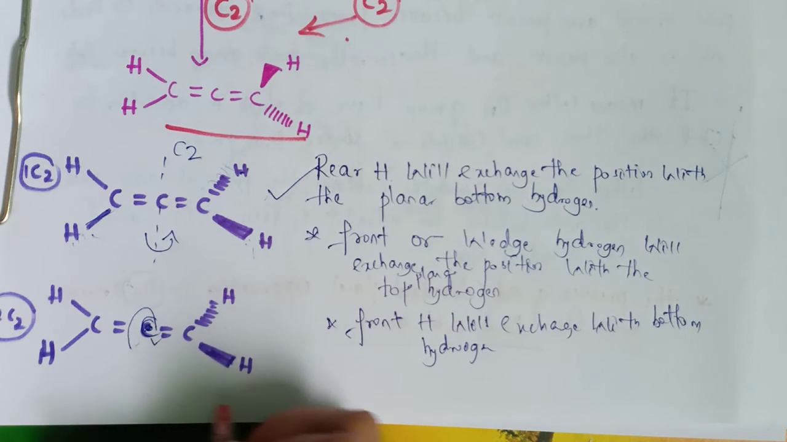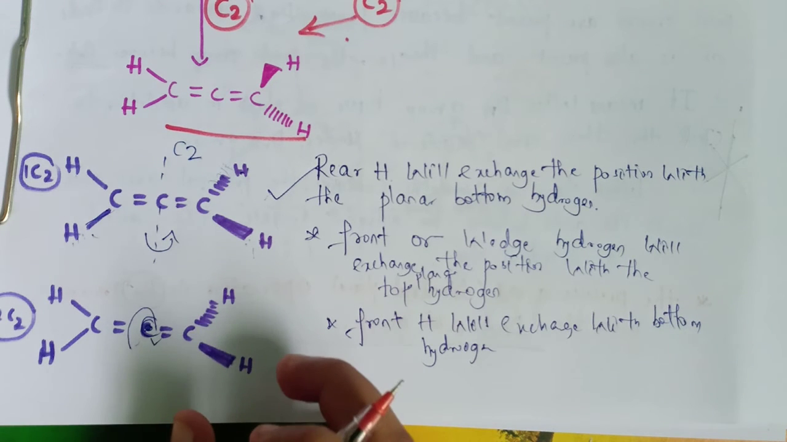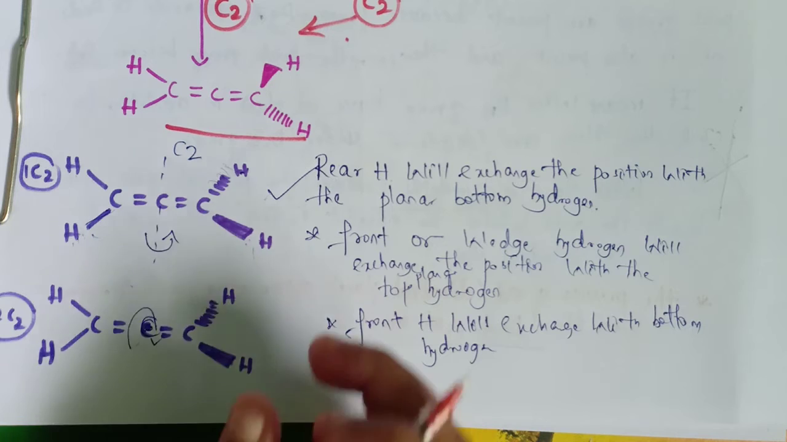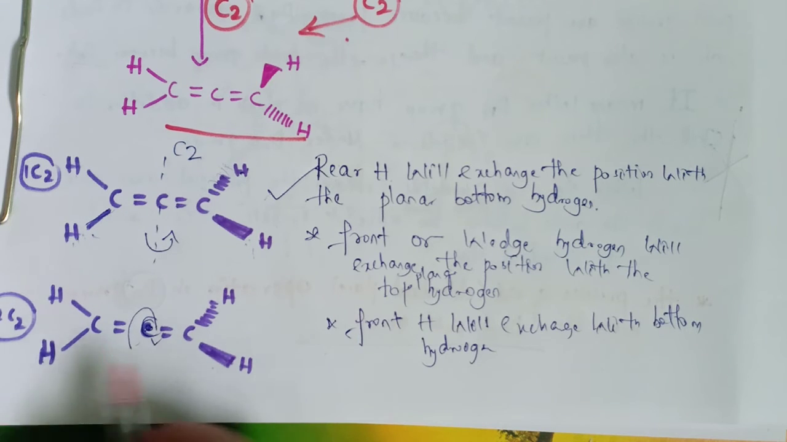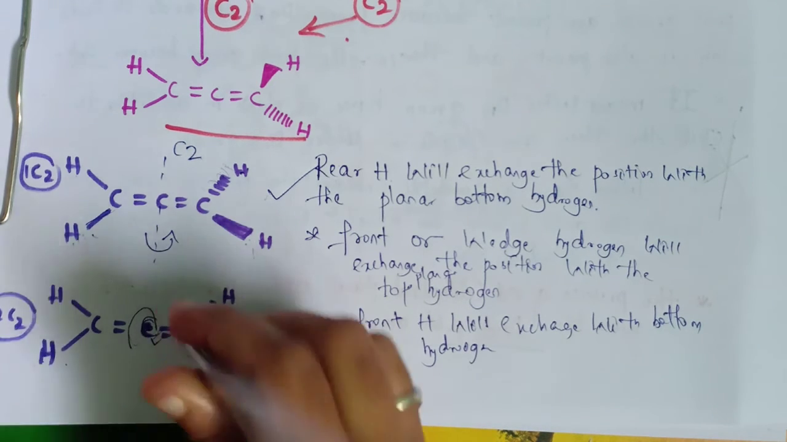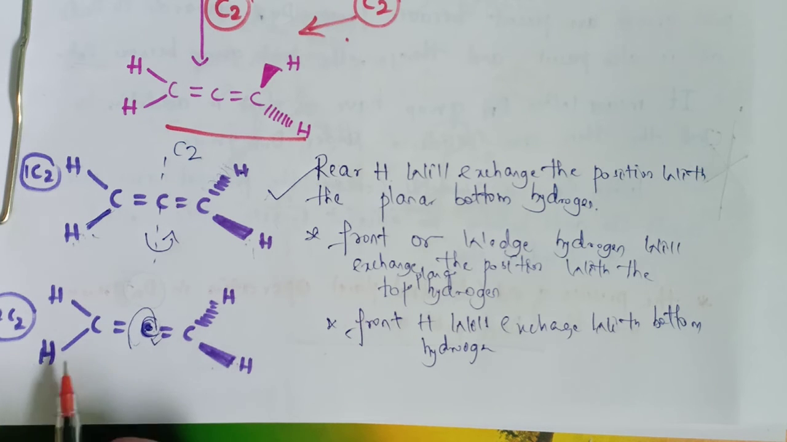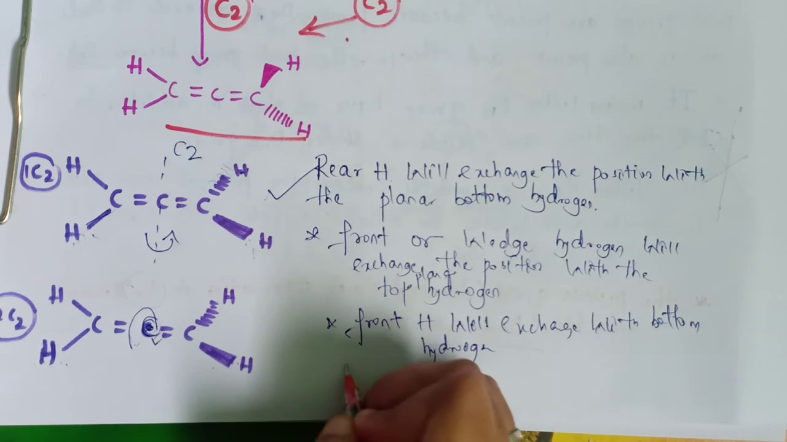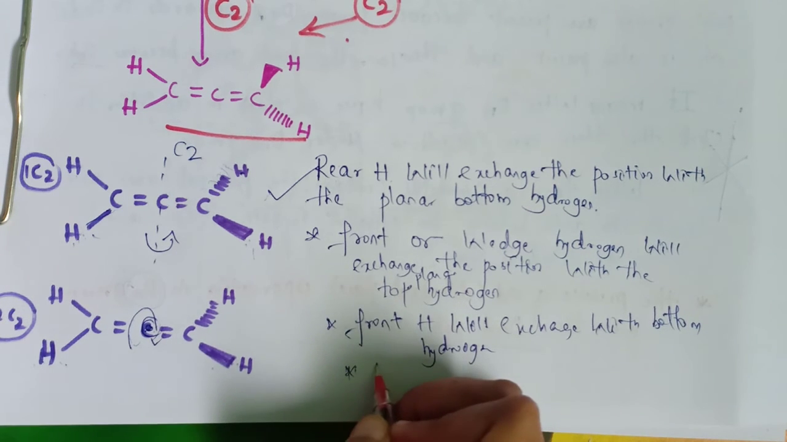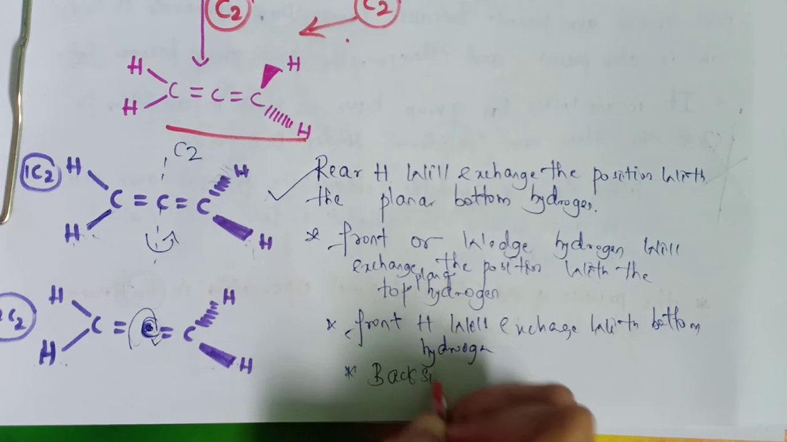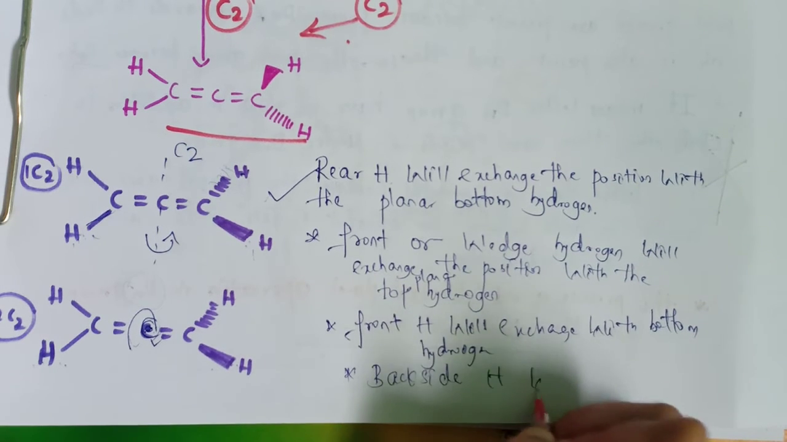This is the front hydrogen, that is wedged, towards the observer. It will exchange its position with this bottom hydrogen. If I rotate by this angle, this will exchange its position with this one, whereas the back side, that is the rear hydrogen, will